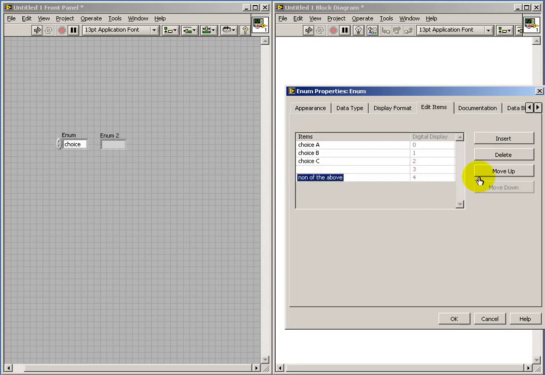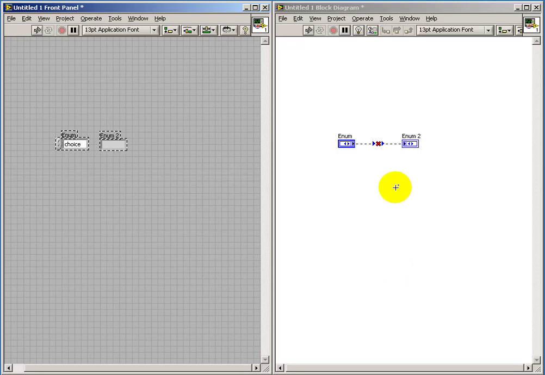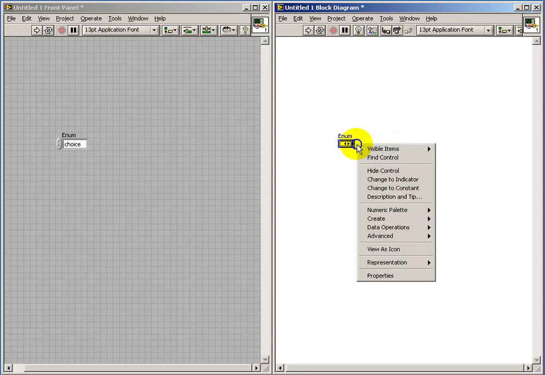For example, I want to scoot this one up, and click on that or double click in order to select the text, and you can make the changes as necessary, and then you can delete options too. Once this looks the way you like, you might note that each one of those is associated with its own numerical value. The wire is broken now because the display is no longer compatible with that particular enumerated control, so